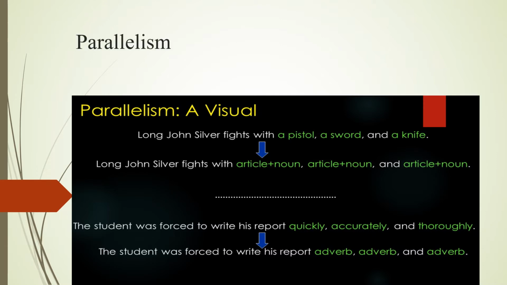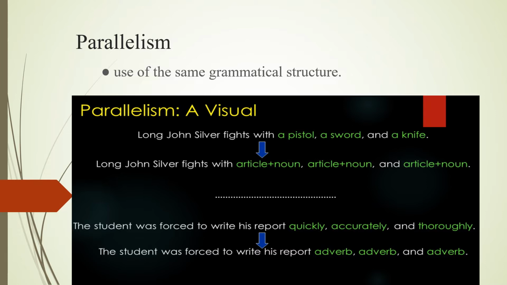This time, this is parallelism. Parallelism is the use of the same grammatical structure. This is the parallelism visual on how you would do it. Long John Silver fights with a pistol, a sword, and a knife. If you can see the green words there,